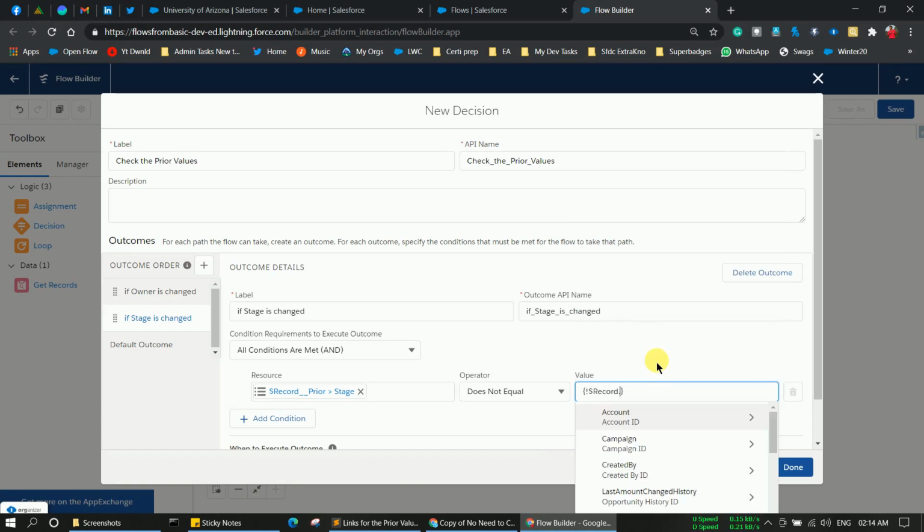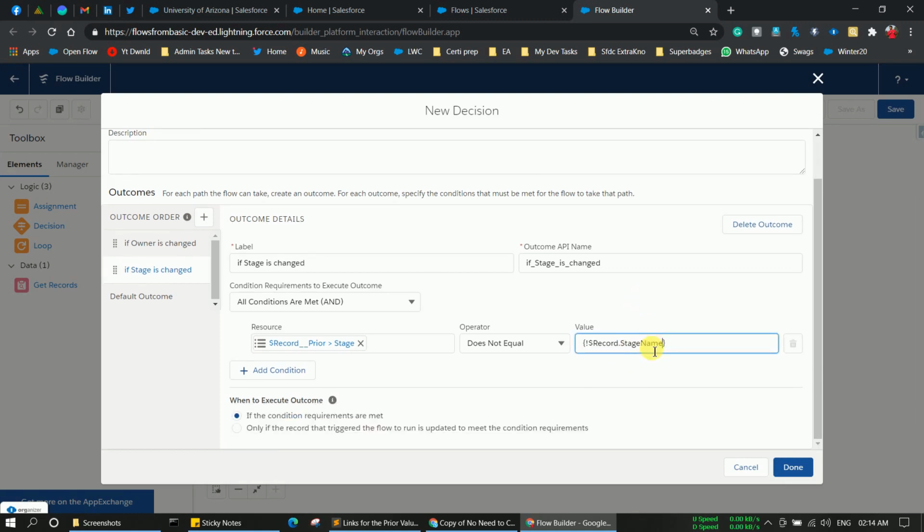Oops, I forgot the dot notation, so I have to type STAG, and here is the stage name. Now you have two logics: if owner is changed, if stage is changed. If you want to do more logic, you can. Currently I am going with these two, and I am going to click on done.